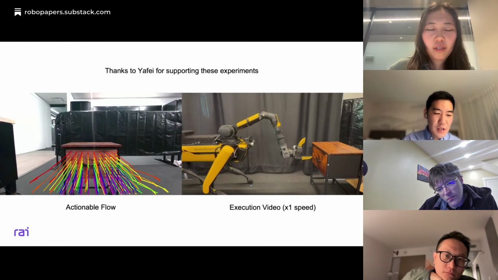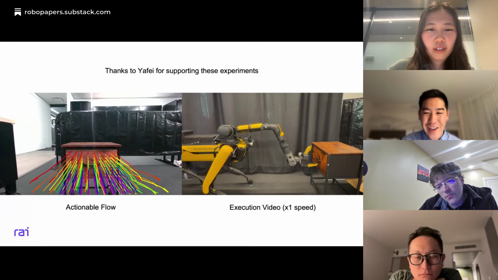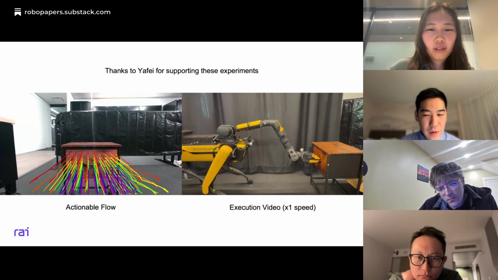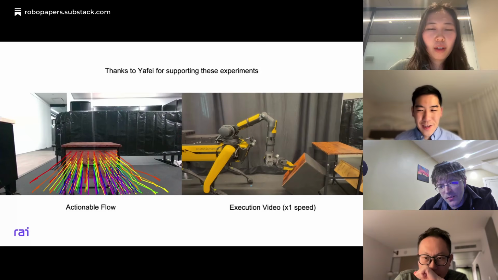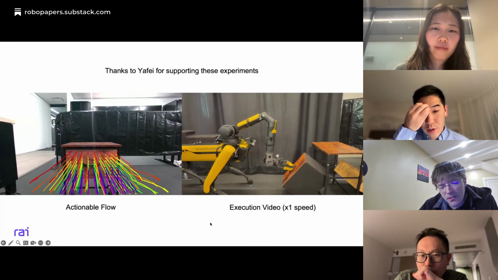So when we did this experiment, we didn't change anything, we didn't tune anything. It just works directly on the Spot, right? And I think this is something truly amazing, and an end-to-end model cannot do that at this moment. Maybe in the future. Yeah. So this cross-embodiment capability is also one of the advantages of using this modular framework.